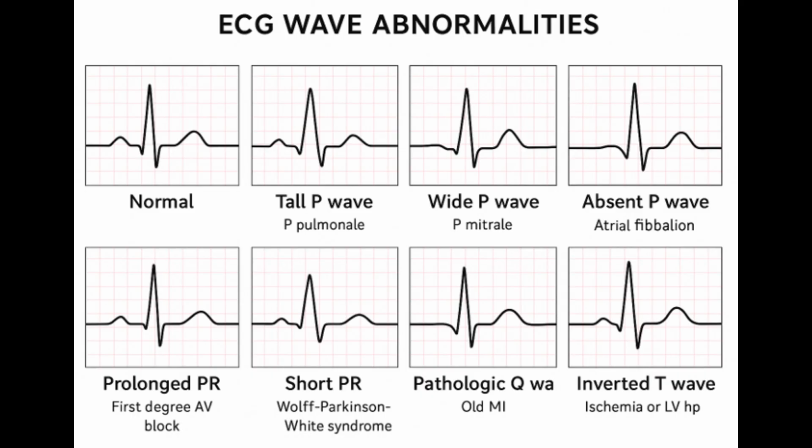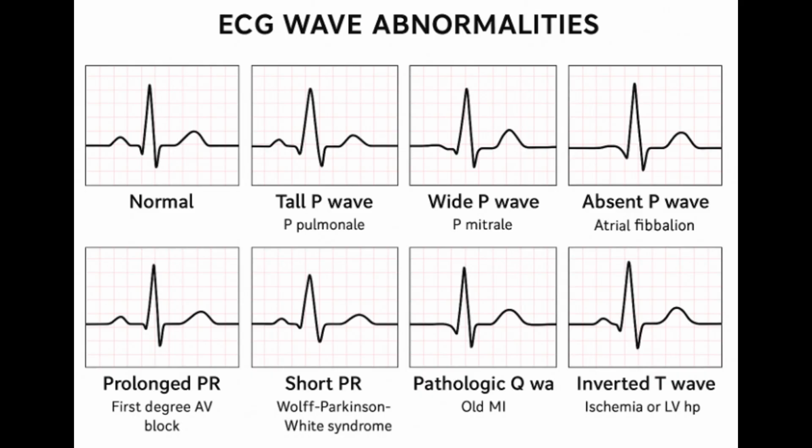Let's back up slightly to the P wave itself, the first little bump. What can its shape tell us about the atria? The P wave gives great clues about atrial size. If it's tall and peaked, like a little mountain peak, we call that P pulmonale. P pulmonale, suggesting the lungs. Exactly. It points towards right atrial enlargement, often seen in patients with chronic lung disease like COPD, where the right